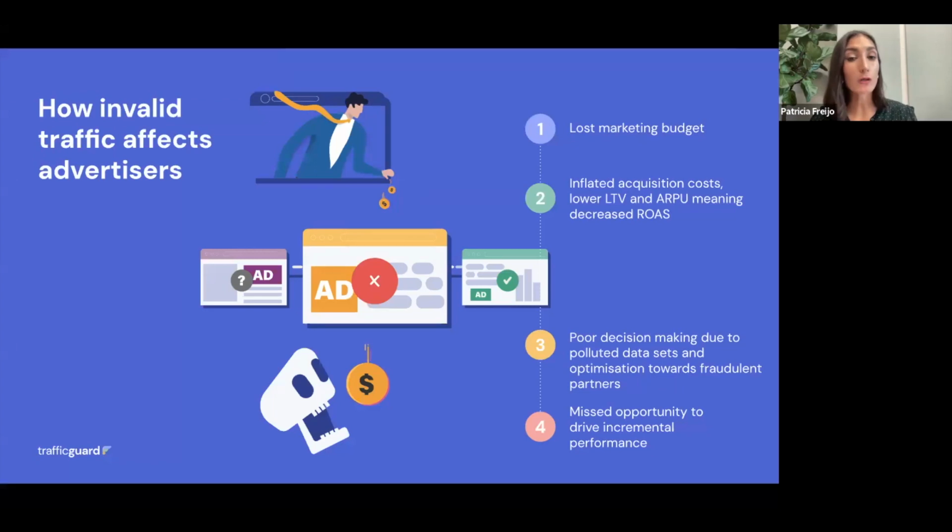So it's not only that you're wasting all of this budget to invalid traffic every month, it's also that you're missing out with that same budget to actually target more genuine users that can deliver real performance for you. And this is what gets me really excited, because it's not only the impact of invalid traffic, it's also the opportunity. So, I actually used to be a campaign manager myself, and I know how much work goes into planning